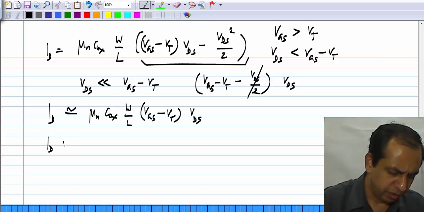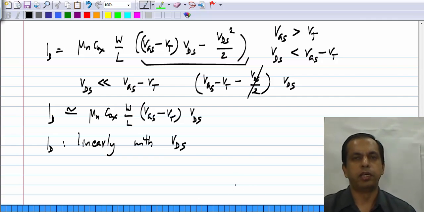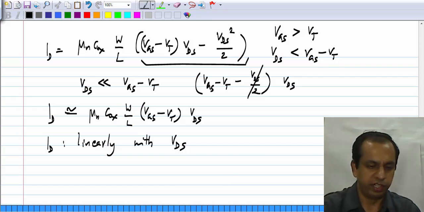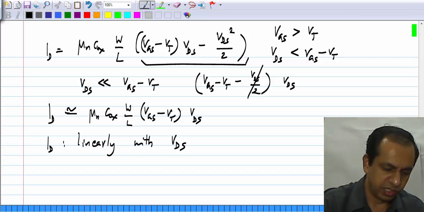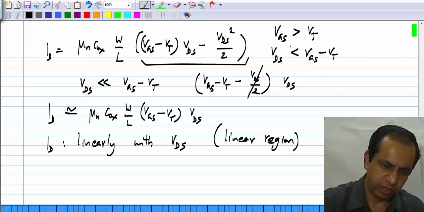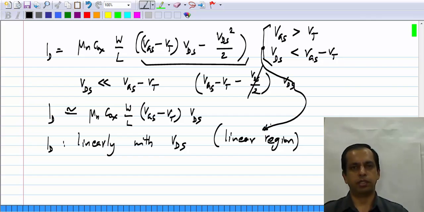So, ID varies linearly with VDS, and this is why it is called the linear region. Okay. ID varies approximately linearly with VDS when VDS is very small. So, for this reason, this is called the linear region. Okay. This set of values is called the linear region of the MOS transistor. Okay. And it turns out that this also has some applications,